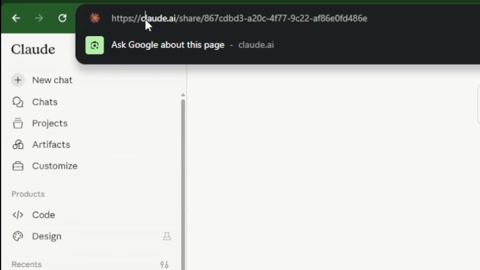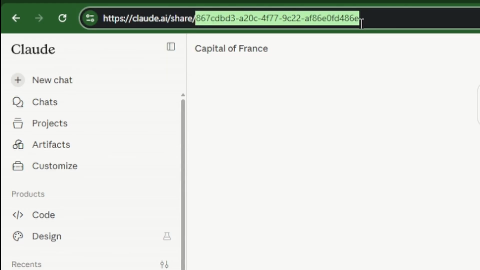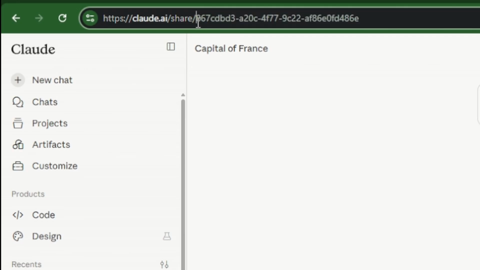This URL structure of claude.ai/share, and then now this is a GUID, which is a globally unique identifier. If I'm trying to look for these URLs that are shared and look for data that's maybe not indexed in Google, what I can do is just guess these random numbers and random strings and try and find stuff that's exposed publicly.